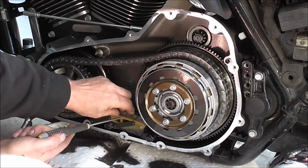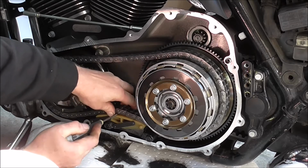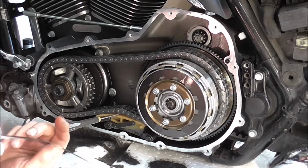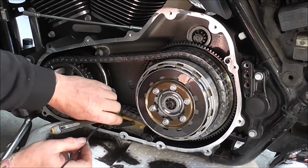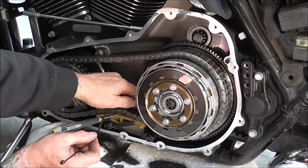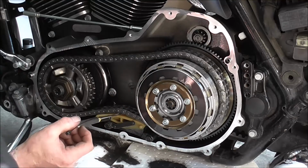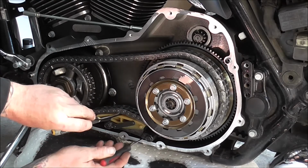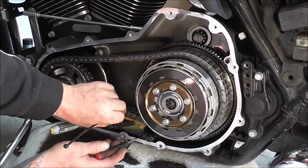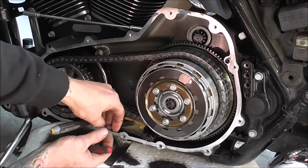So holding it down, get a screwdriver under here. It's trying to push itself back up already, and then just get a cable tie, a zip tie, whatever you want to call them. Come on. And then basically